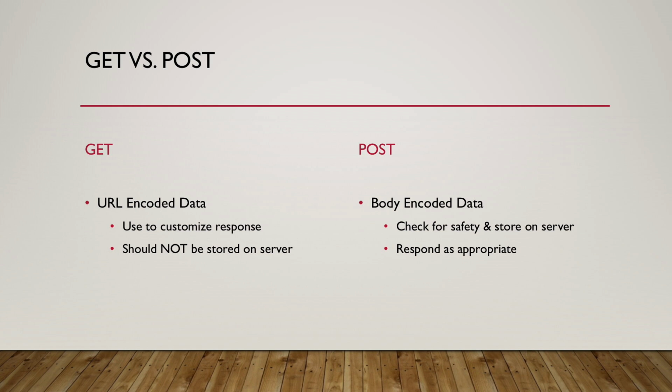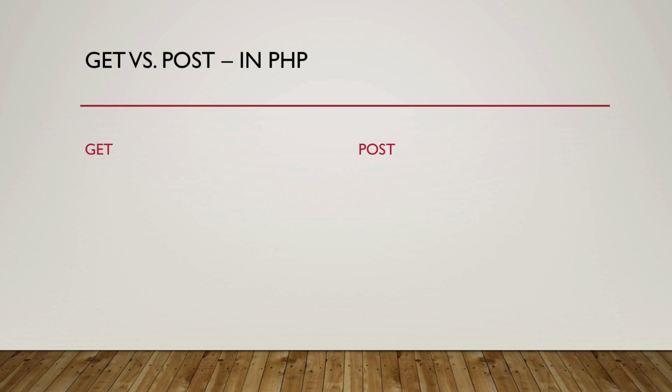Now, with all that said, we also need to know, how do I get to these in PHP? PHP does a lot of the work for us. It understands that form data being passed in via GET and POST is a very common thing. And so it just automatically grabs this data and makes it available in a couple of global variables. So for GET, all of the values that were inside of the URL are going to show up in an array that's called this. So